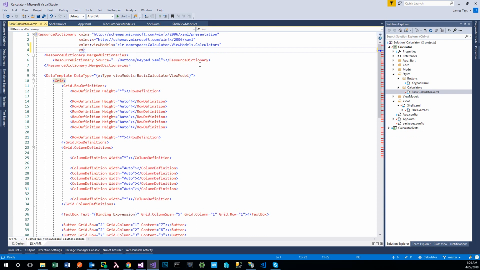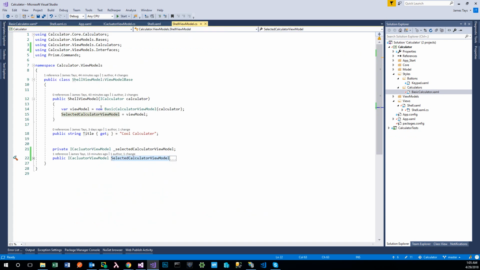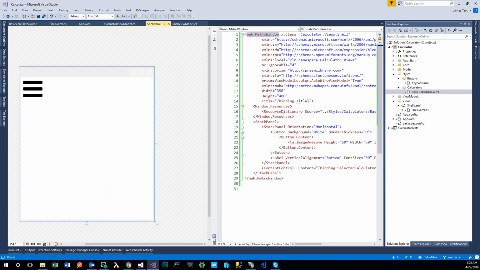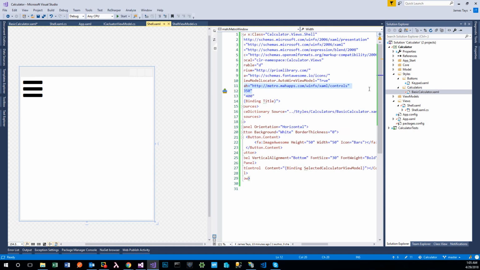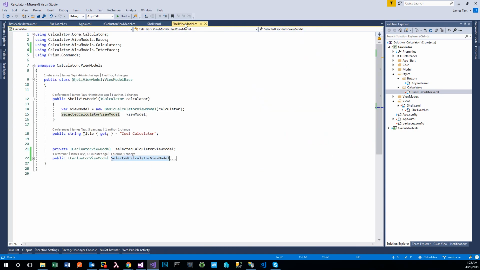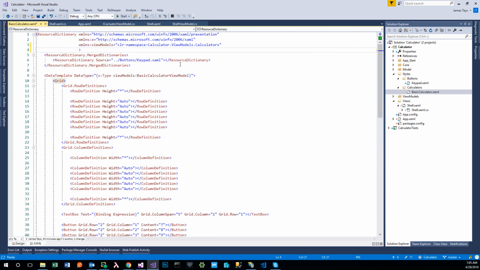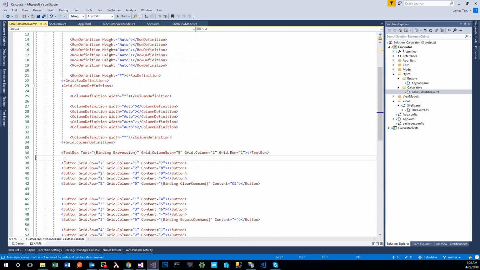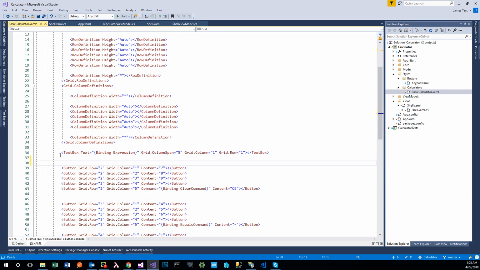And it might be easier just to go to shell. Copy that and then go back to here, paste it here, and we can say ma